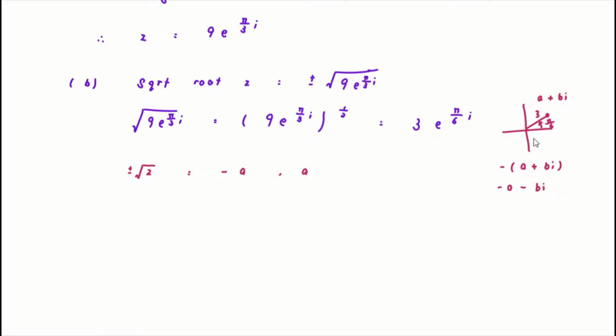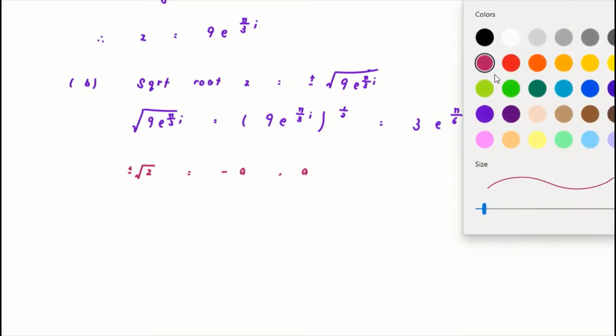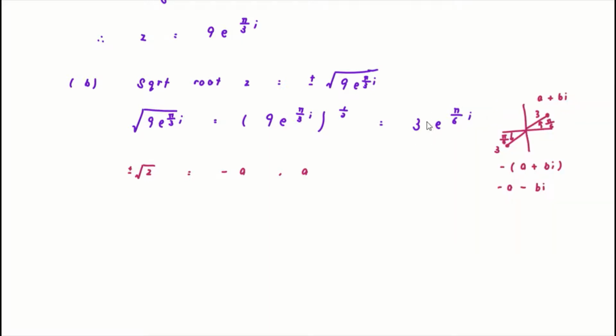So from here, then you'll be able to get negative a minus bi. So which means it will tell you that the other answer should be at the third quadrant here with the same 3 and then pi over 6. It's just that in different quadrants, so that's why you have the negative answer. So how do you find the other one? The magnitude doesn't change, then the other thing will be equal to, so this is your second one. I cannot write negative, but maybe just try to do the second. This is the first. Okay, the first square root